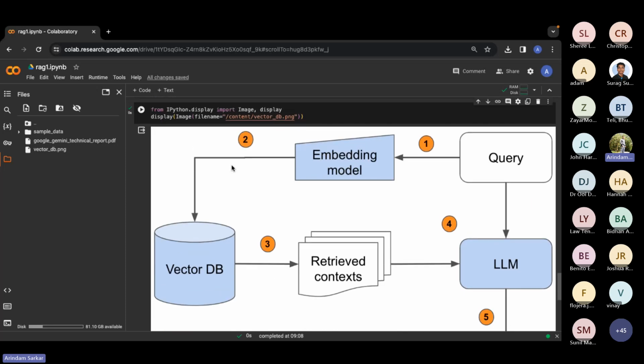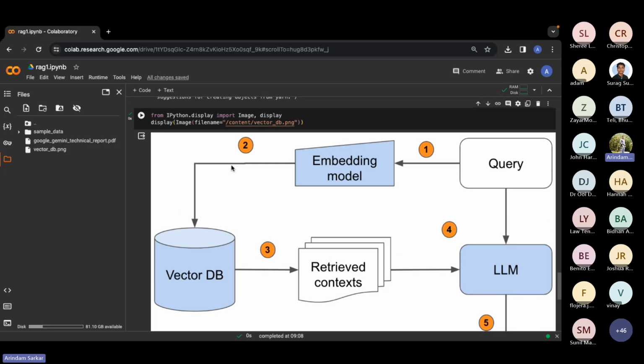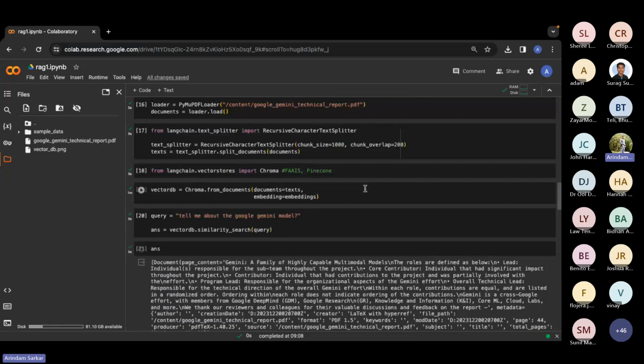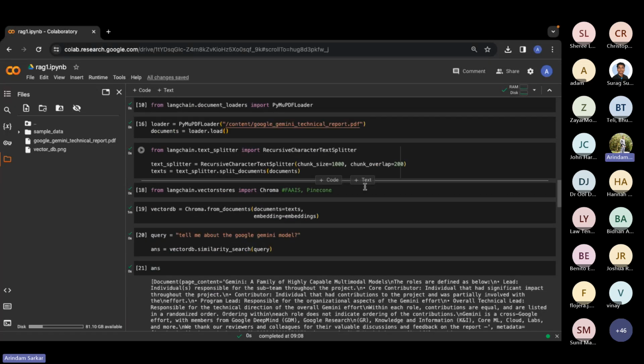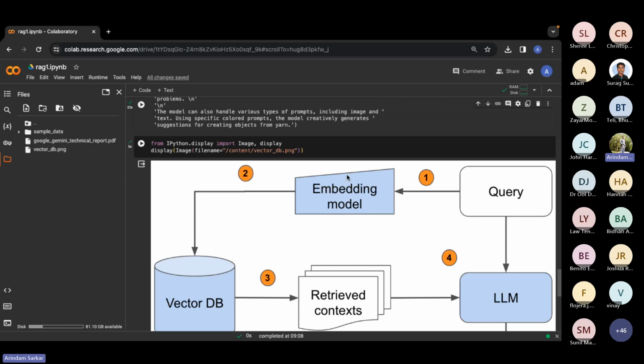Now, just to give you more of an idea, right, of what is happening here. You remember what I said yesterday? So you have your own query. Let's say here our query was, what is the Google Gemini model, right? That is what we asked, to tell me about the Google Gemini model. So then what we have done, we have used the embedding model to go to the vector DB, right? So first we have a query. That query got its word embeddings, or let's say the embeddings from it.